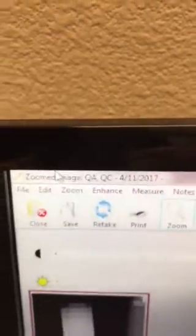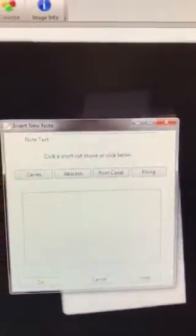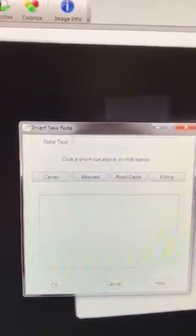So on here, I already have a file saved, like a patient under QA/QC. So that's what you would want to put in, as in first name and last name. And you want to add a note. So you pretty much want to do this in 3 different sections. You would want to do one for the radiation you would do for a child, the one you would do for the average adult, and then what you would do for someone that is a bigger person or with a really dense bone. So here I'm going to put child, and we did 63